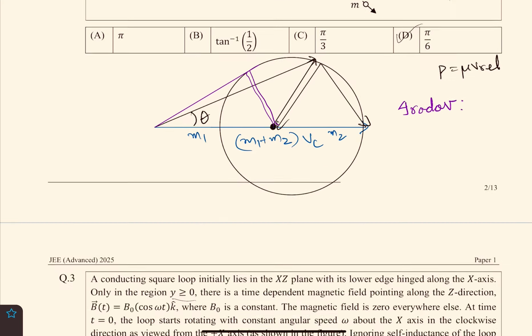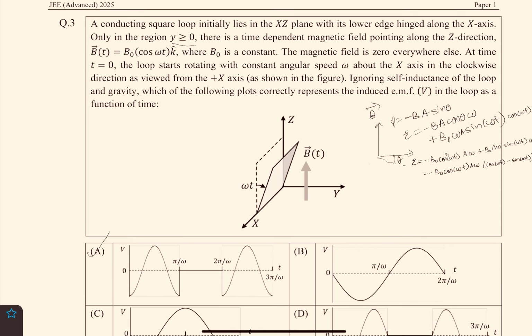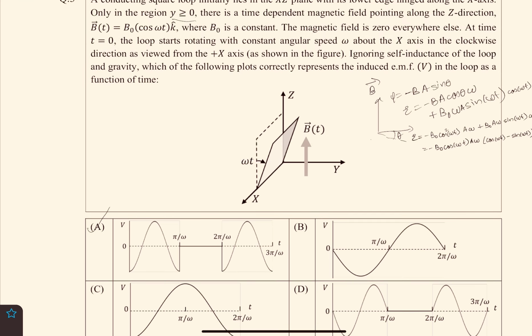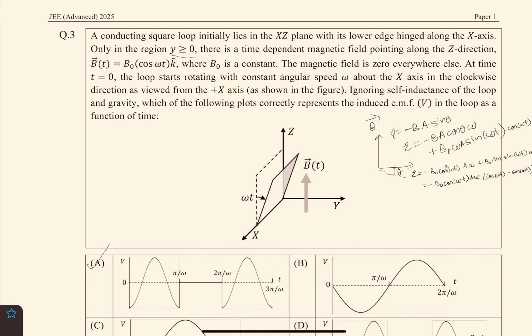Okay, not the problem book. Moving on to the next question. Again, this question should be done using the options which are given. The magnetic field in this case is present only in this region. So the magnetic field is only in this region, and hence when it goes to the other side there will